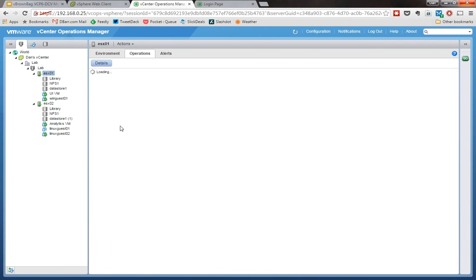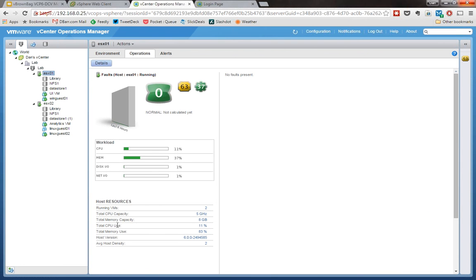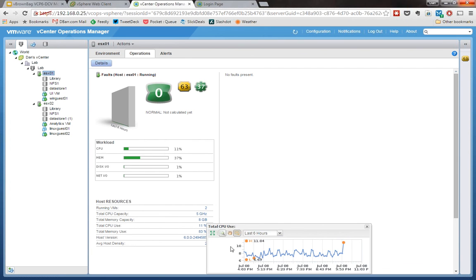So if I go up to a host here, I can see a little graph of CPU use. If I hover over this 11%, I see a small version of the graph. If I click, I get a larger graph with data points that I can hover over, and I can change the time scale: last hour, last 6 hours. But what I wanted to show is if I go to last 7 days, as you see, there's a lot